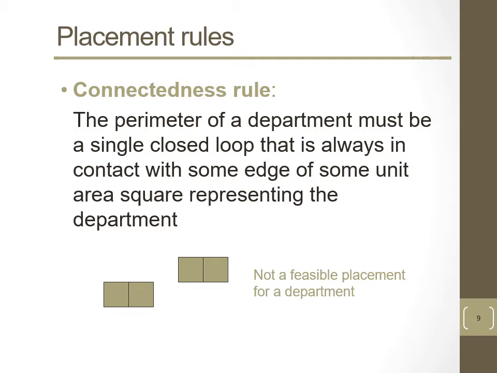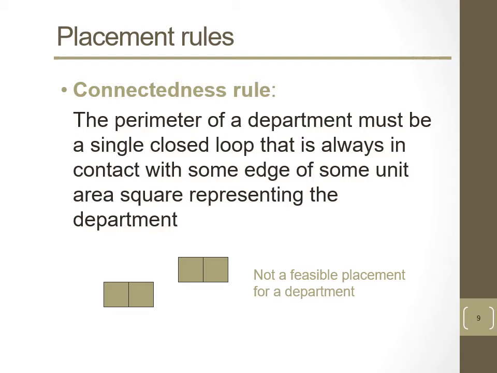So, for example, when you look at these 4 unit area squares, they are representing the same department, but you see they are not connected, as if they are 2 separate departments. Of course, this is not realistic and this is not practical. That's why this connectedness rule is not satisfied here, and